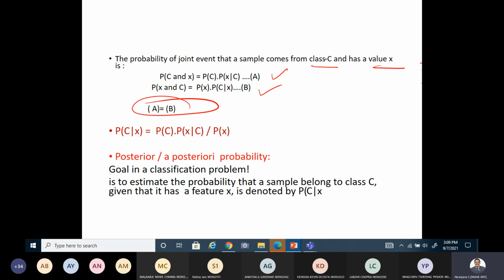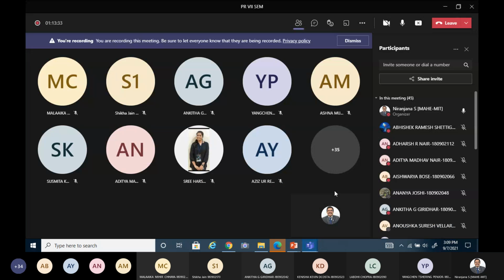All of you agree? Just raise your hand if you are agreeing with that. I just said A is equal to B. From the probability theory, if you have studied that, just raise your hand in your MS Teams. How many of you are agreeing that A is equal to B is acceptable? Just raise your hand. There is a raise hand symbol. Sir, can you repeat the question?